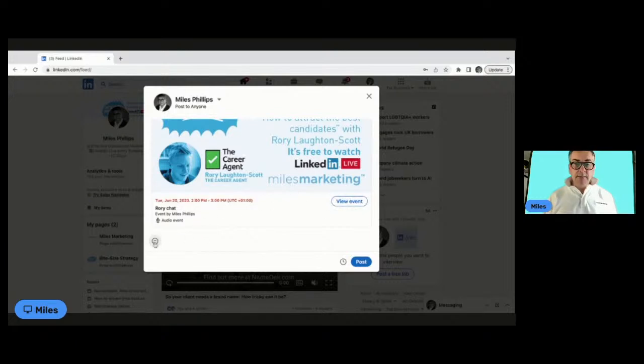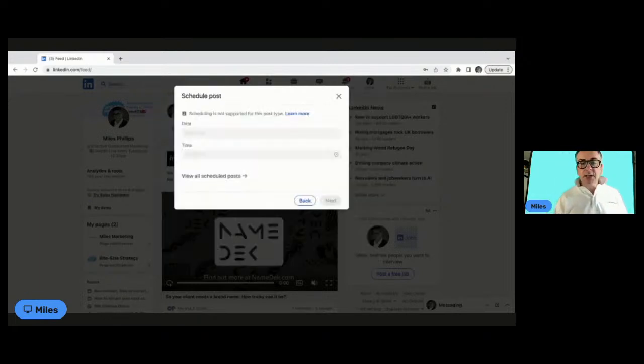You can add emojis to what you do here, but this is the little button that I suggest you think about using, because we've had a conversation before about when is the right time to post on LinkedIn. And we know that the hot times are first thing in the morning, so between 7 and 9 in the morning when people are on the way to work, and on Tuesdays and Thursdays are the hot days. So look at this scheduling tool for later. All right, this will allow you